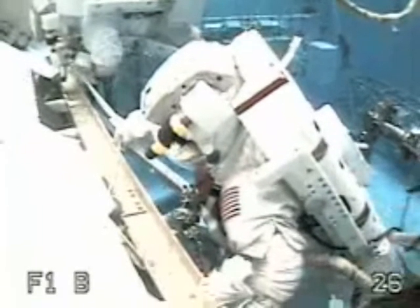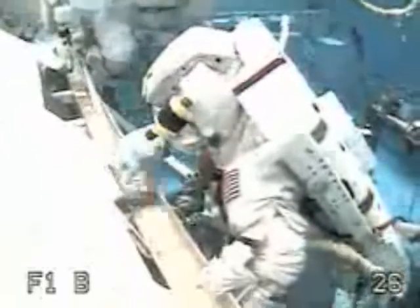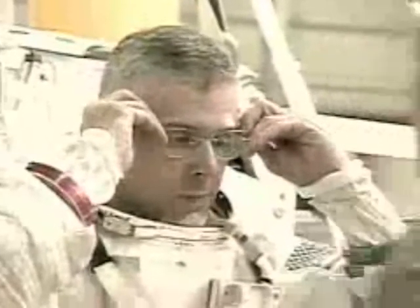On the front side of the truss, they'll connect a reel of power and data cable to the mobile transporter. And on the rear face, they'll hook up a tray of cables to their mates on the station's Z1 truss. On the second spacewalk, mission specialist Lee Morin will ride Canadarm2, while he and Jerry Ross bolt S0's rear struts